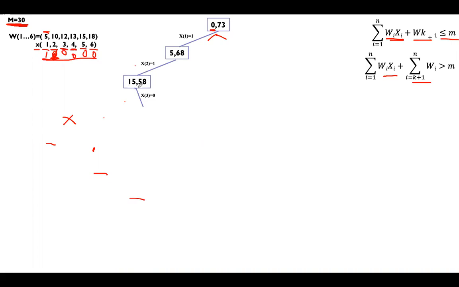So this 15 will remain as it is. From 58, you subtract 12, because we have excluded the third element. x1, x2 we have selected. Third element we have not selected. So leave this element. So 15 will remain as it is. Only 2 elements selected, so 15. 3 elements are covered, so remaining weight is 46. Now again, we are at the fourth element. While checking for the fourth element, first select the fourth element and then leave the fourth element. So first we have to go towards left first.